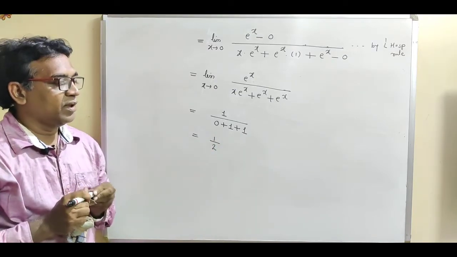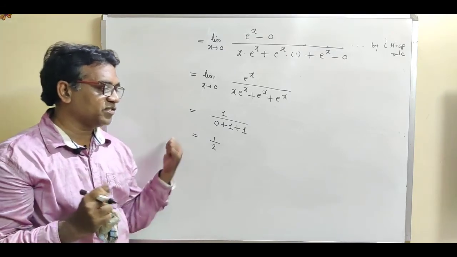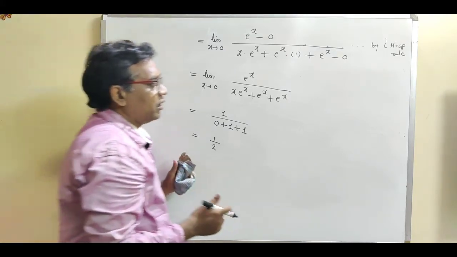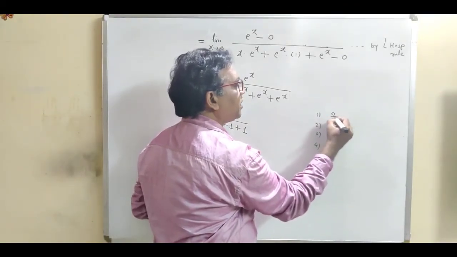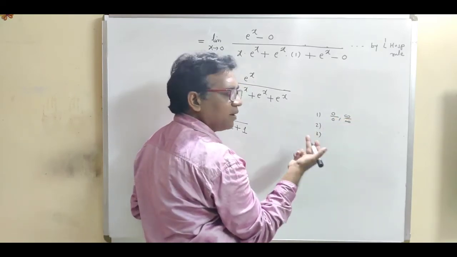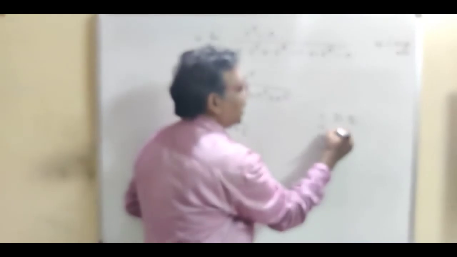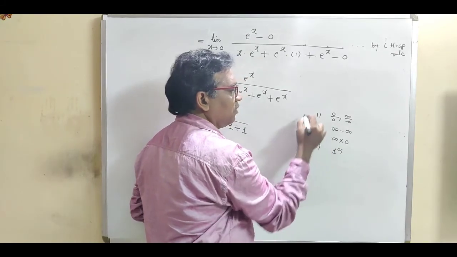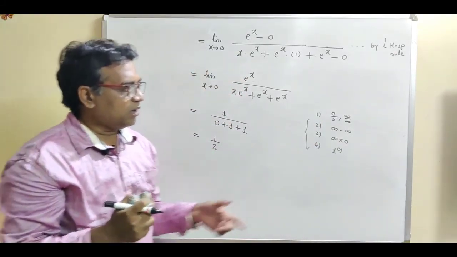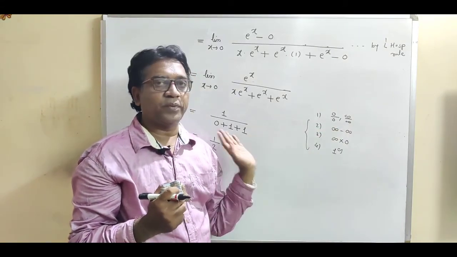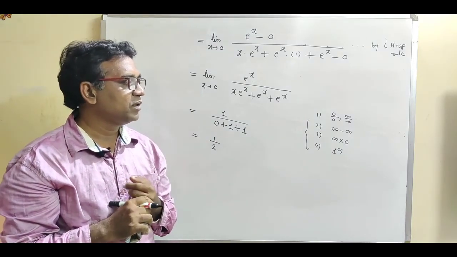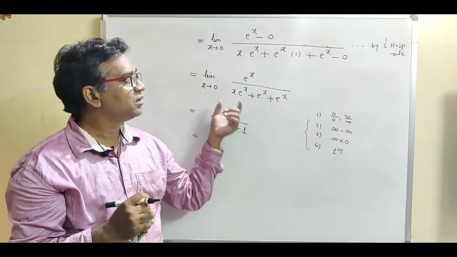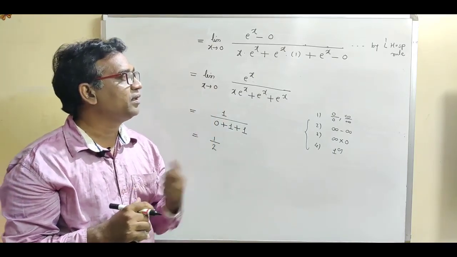So see, this is our last topic of discussion in indeterminate form. We have seen all the 4 cases. If the limit form contains the division form, then we can directly apply the L'Hopital rule. We have also seen subtraction, product, and function raised to function, and we have seen the method for each topic. So remember this: if the limit form contains the subtraction form, then what is the method? We have to convert that subtraction in terms of division by taking the LCM.